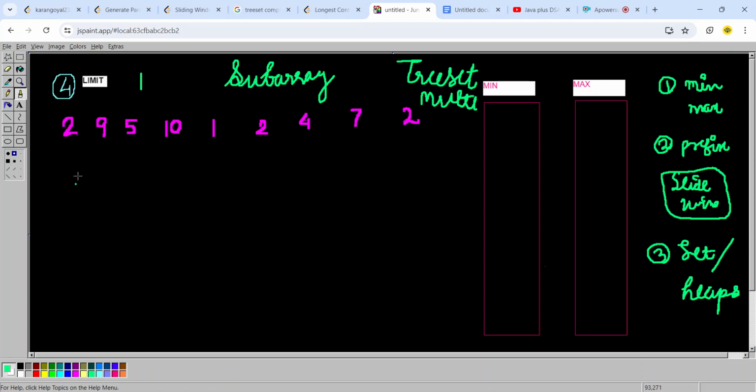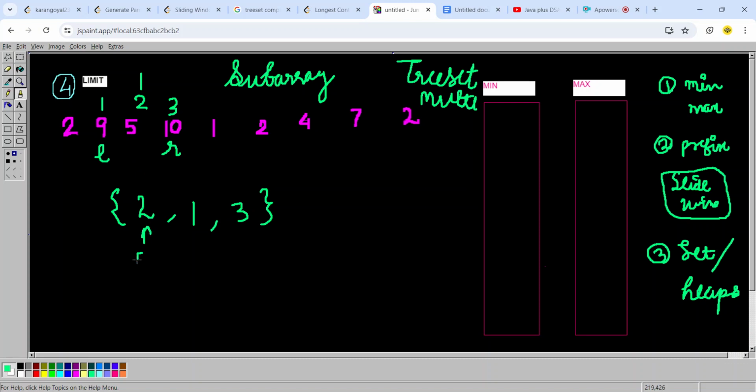Okay, so now here, this is left, this is right. When you create a set, let's consider the indexes only: 1, 2, and 3. So if you consider a set where you are putting the indexes, this is 2, this is 1, this is 3. So array at 2 is 5, the minimum one.